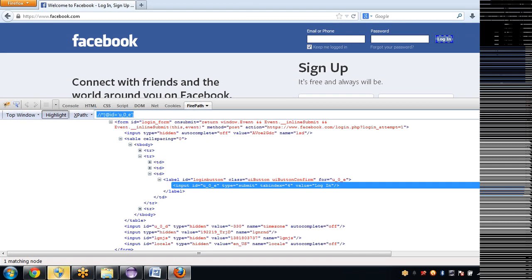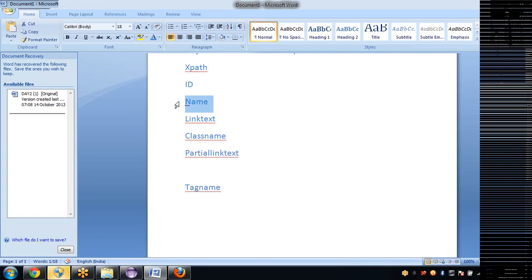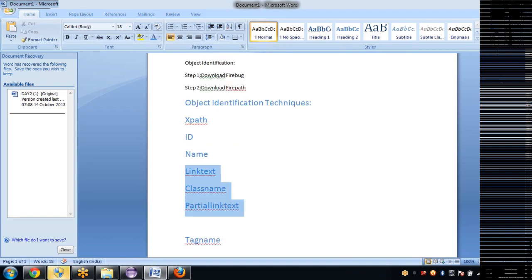Right now it didn't change. Maybe it is static, I don't know. Okay, it is static. It's fine. You can go directly with XPath or ID. If it's not, you can go with other properties. But if you look here, type, tab, index, value, all these three properties are not in our list. Then how do you identify